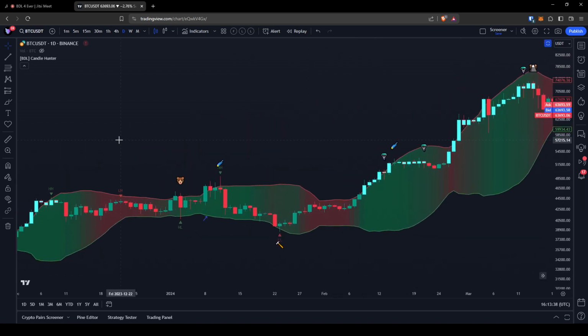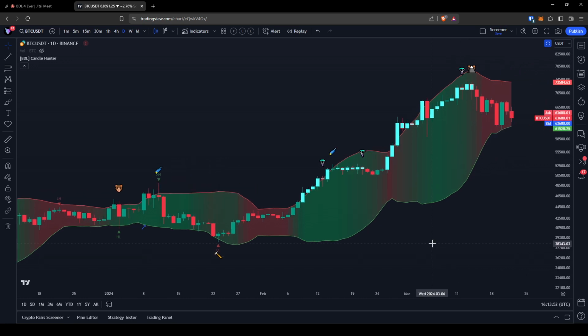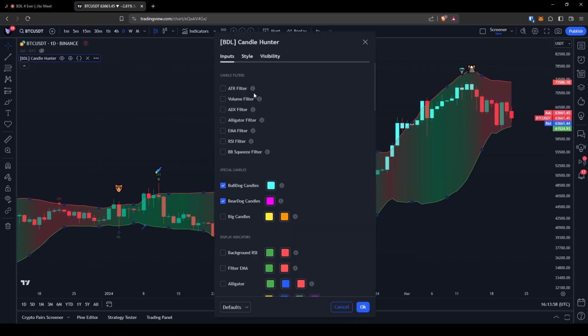When the bands really start to squeeze, that's when the most powerful moves happen. What I also like to do is turn on the Bollinger Band filter, and I use the 21 EMA filter